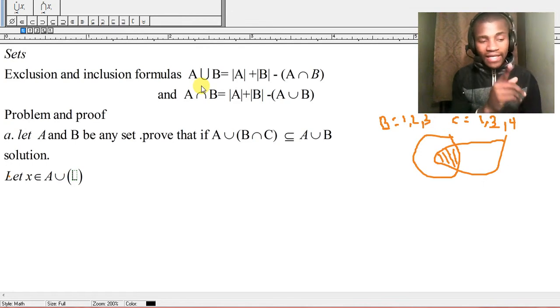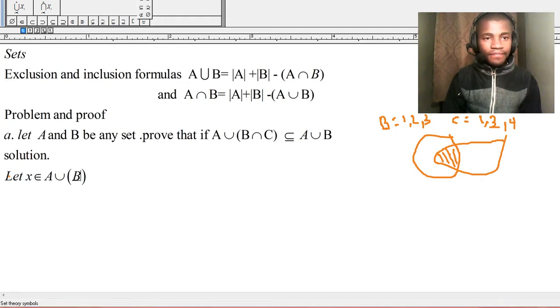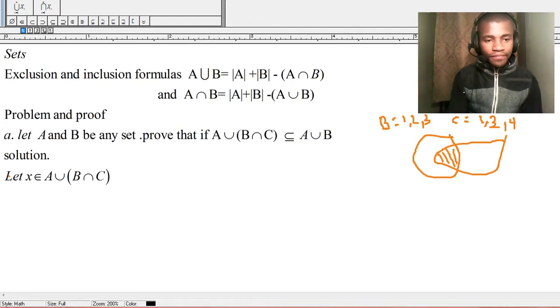So let's say let X be an element of A union B intersection C. Then